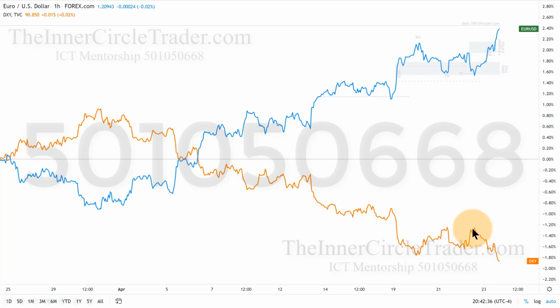Okay, so what this is basically saying is inside of this imbalance, as you'll see on the euro, this run here was just a run on sell side liquidity, whereas this run here didn't need to take the buy side liquidity because it was being taken on euro,